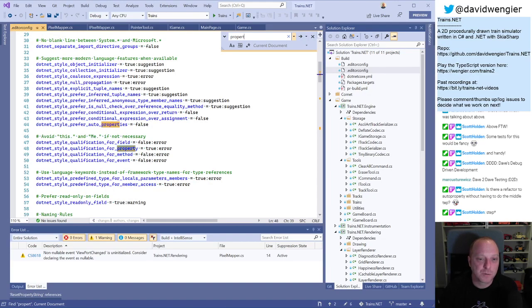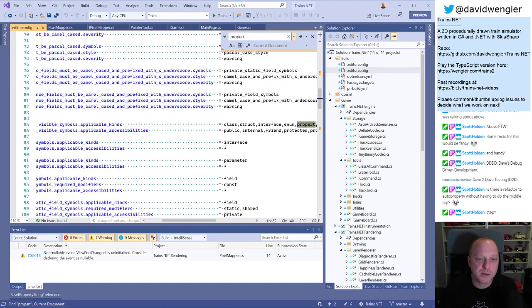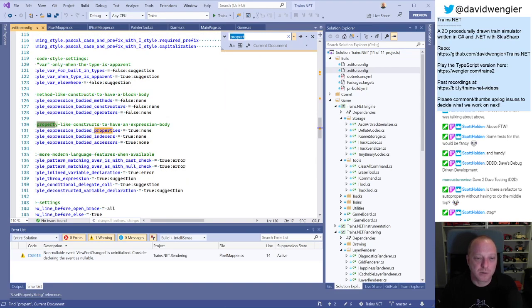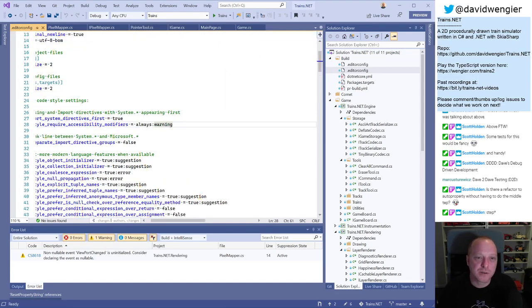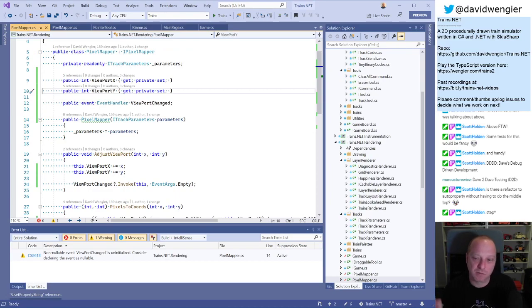Yeah, prefer auto properties. I've set false, and there's even an option for whether it does the throw invalid operation or does nothing or something. So yeah, you can kind of do everything, but